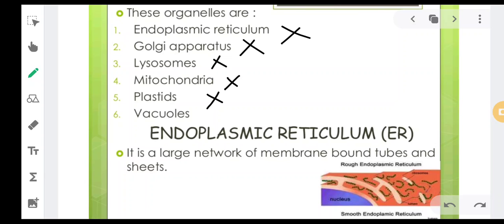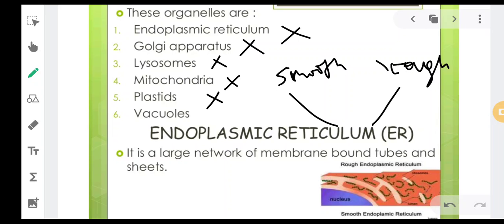So what is endoplasmic reticulum? Generally endoplasmic reticulum is divided into 2 parts. I will show it over here. One is called smooth endoplasmic reticulum and the other is called rough endoplasmic reticulum. Smooth endoplasmic reticulum is very smooth to touch, whereas if you see rough endoplasmic reticulum,